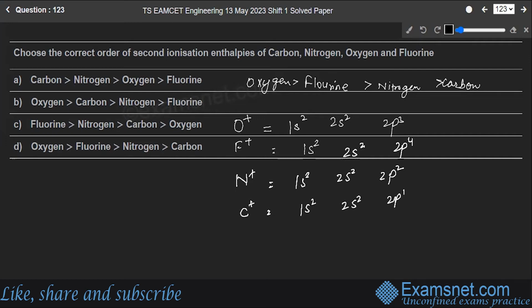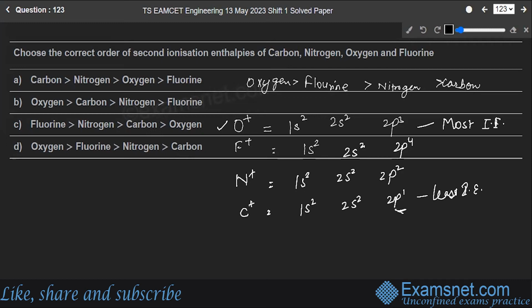Now, see, the second ionization energy of oxygen is more as it acquires a half-filled stable electronic configuration. So it requires a lot of energy to remove an electron from oxygen. Carbon has the least ionization energy, and oxygen has the most. So carbon is having the least ionization energy as it will remove one electron to attain